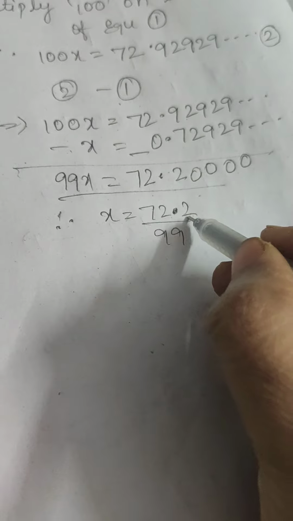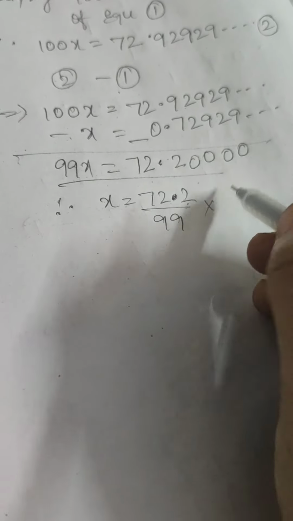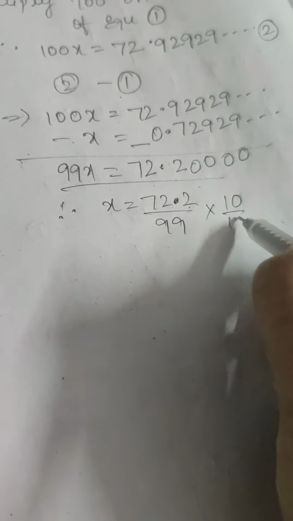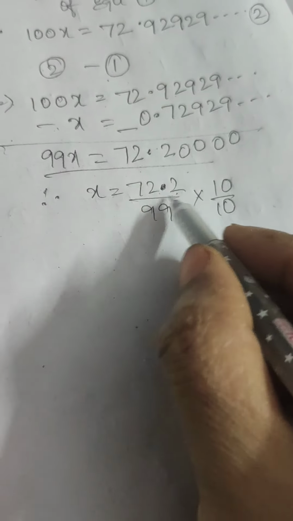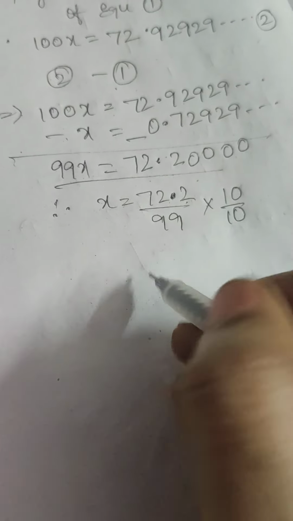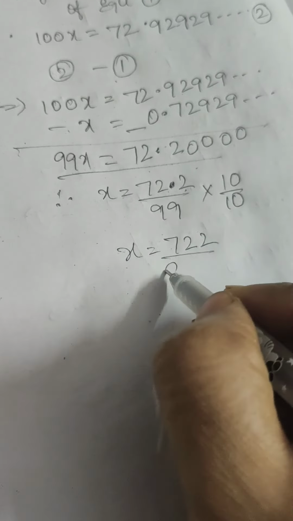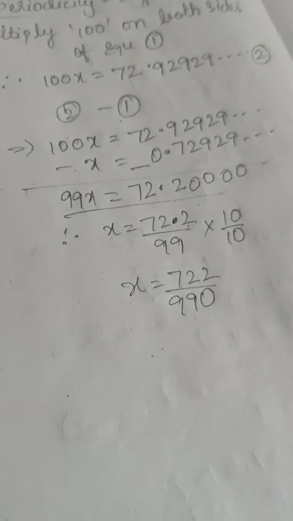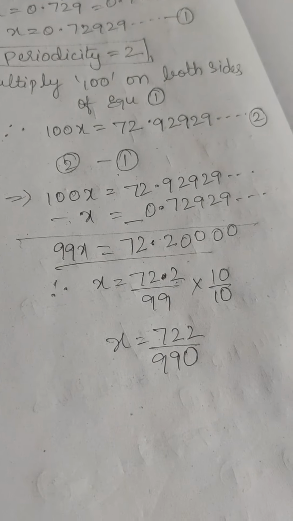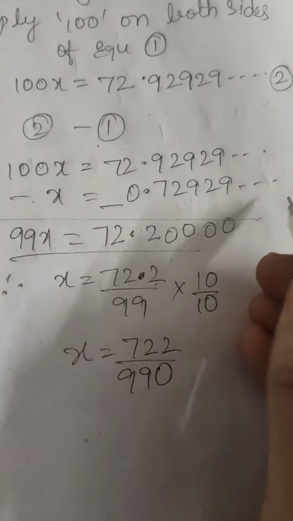After the decimal we have one number, so multiply by 10 and divide by 10, to remove the decimal point. Now we get 722 by 990. We can cancel this by